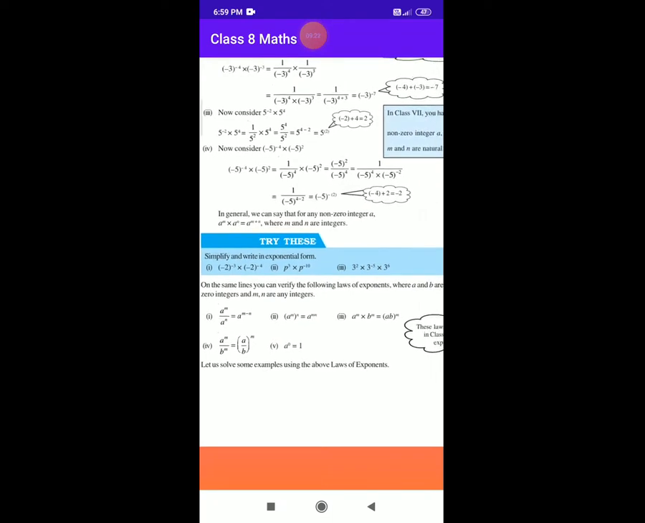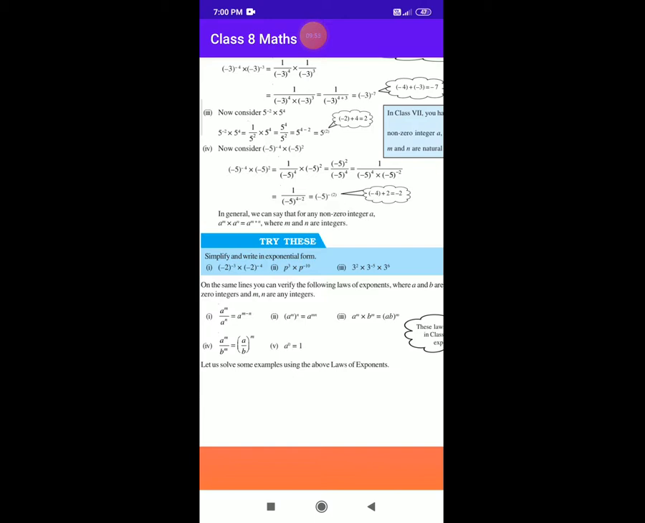Now consider minus 5 raised to power minus 4 and multiply minus 5 raised to 2. So minus 5 raised to power minus 4 multiplied by minus 5 raised to 2 equal to 1 upon minus 5 raised to 4 and minus 5 raised to 2. So we can write here minus 5 raised to 2 upon minus 5 raised to 4 is equal to 1 upon minus 5 raised to 4 multiplied by minus 5 raised to minus 2, and therefore we get 1 by minus 5 raised to power 4 minus 2 equal to 1 by minus 5 raised to 2